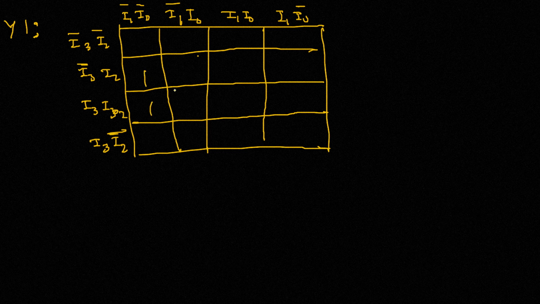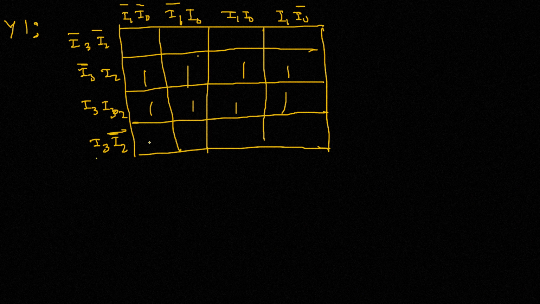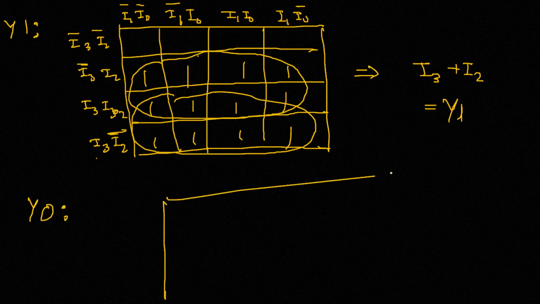We have 1 here. And obviously if I3 is 1, in that case too Y1 is 1 because again you don't have to care about the upcoming values. So for any value of I3 which is 1 as well, you have 1 here, right? So you group this 8 and you group this 8. This is I2 and this is I3. So you get I3 plus I2, that is the value of Y1. So similarly for Y0, if you make the same KMAP,